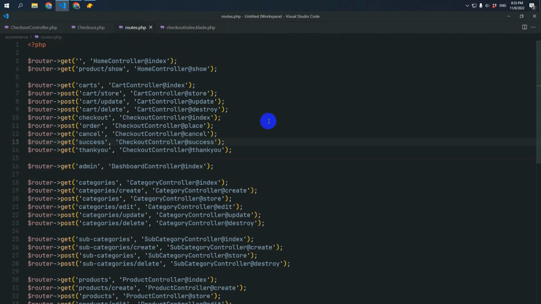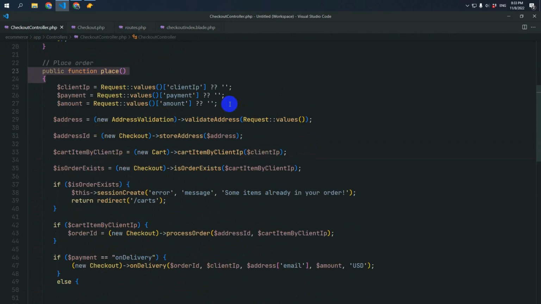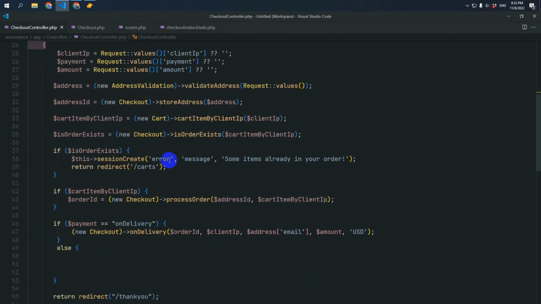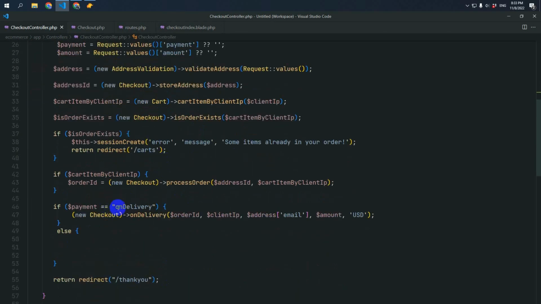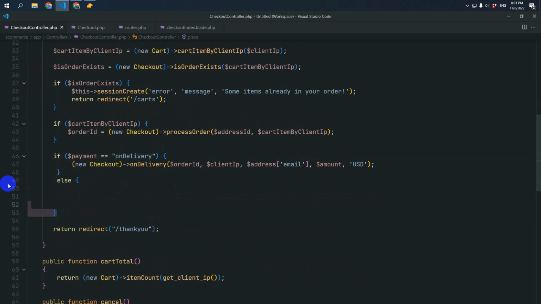Let's show the route. We have the order route, and it will go to the checkout controller and call a method called place. Let's see. We have a method called place, and here we got some parts done before. Now here is the cash on delivery part, then we will place here the PayPal part. So if